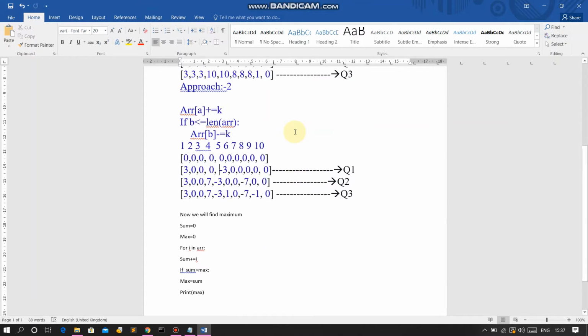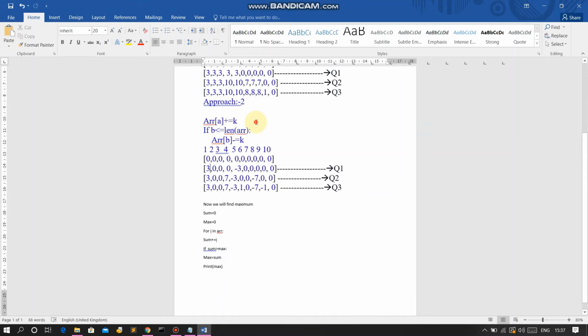So we will go here, array index 1. We will add 3 here. Then we'll check whether b is less than or equal to the length of ARR.